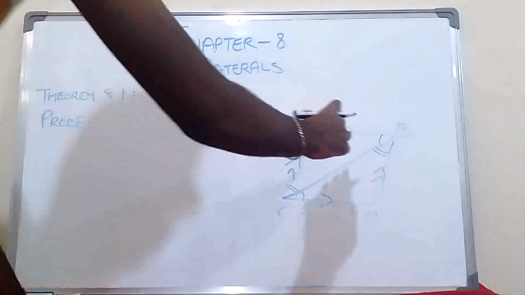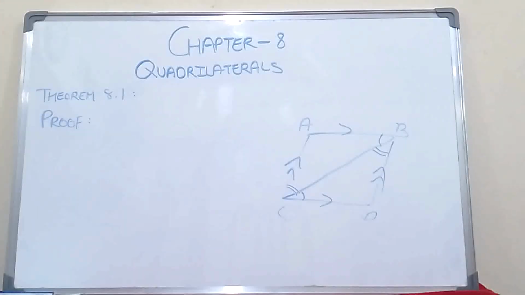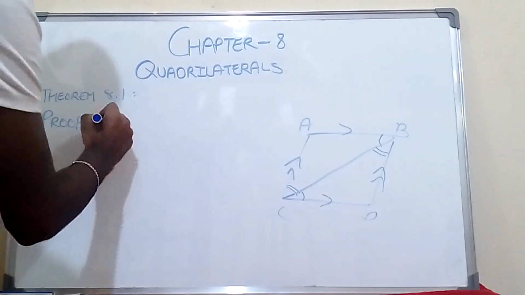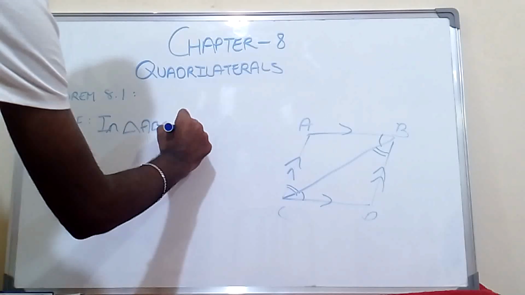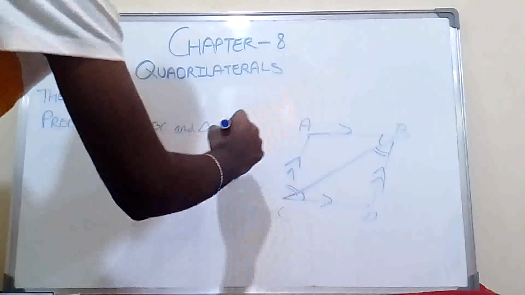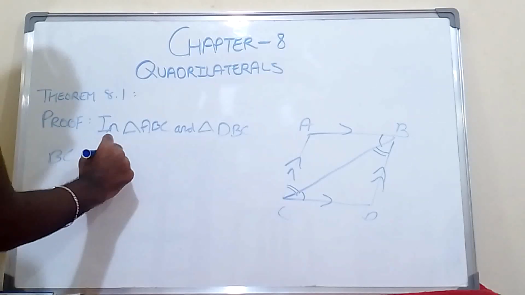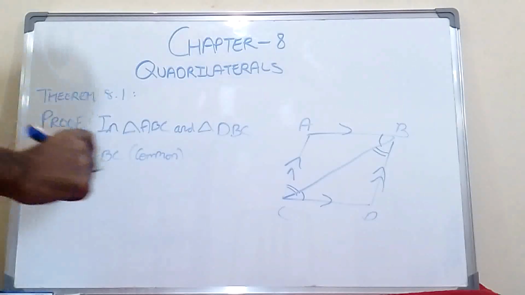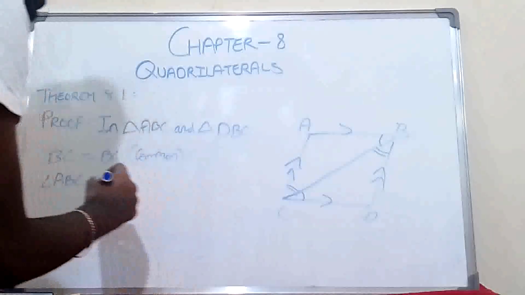Now we can see that these two angles are equal, and this side BC, which is the diagonal, is common. So we can tell that these two triangles are congruent. Let's write it down in stepwise order. In triangle ABC and triangle DBC, we know that BC is equal to BC because that's common. Next we have angle ABC, angle ABC is equal to angle DCB